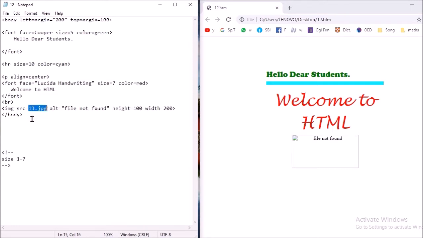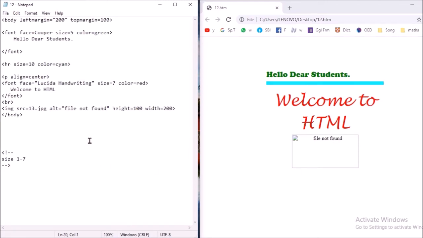That is why without giving the full location, full path, the image can be retrieved, can be accessed here. So alt means alternate text, file not found. If the 13.jpg is not found on desktop, then you will get this message as error. And height is 100, width is 100.